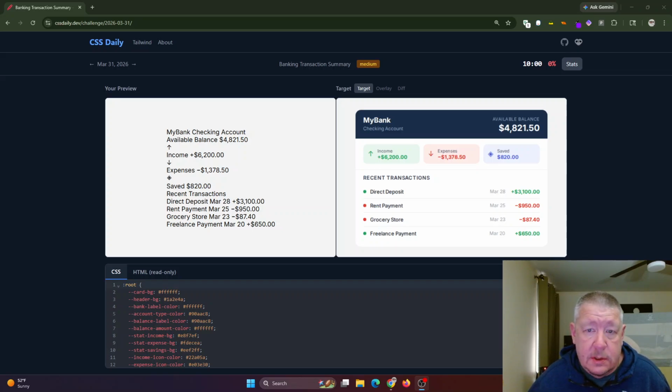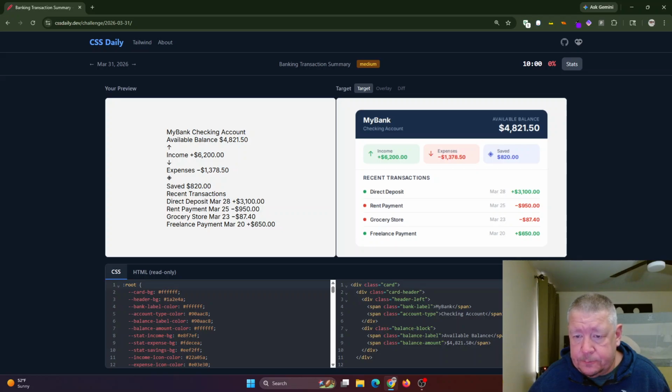We are doing CSS Daily for March 31st. Let's open our HTML. We have our card. We have header, which is this section. We have a card background, which I assume will apply to the entire card. We have a header background, which will apply to that. We have header left and then balance block,